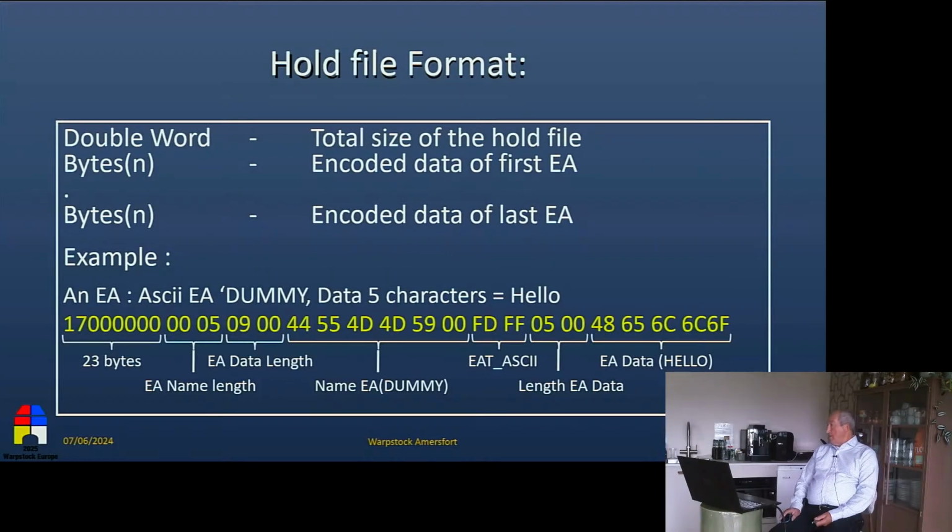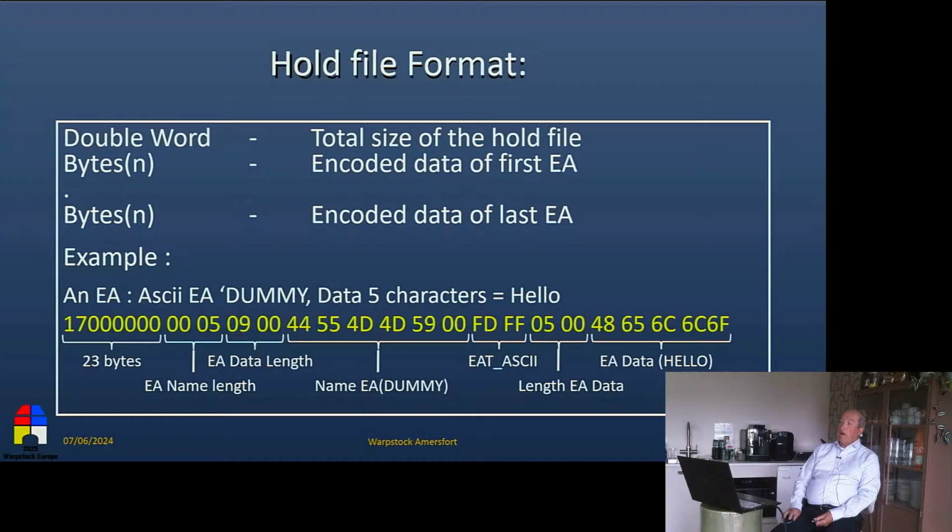The hold file has a particular format. This is a standard format. I couldn't find it documented anywhere, so the first thing I did was document it in the help file belonging to this program, mainly because then I can find back what it should be. What it is: you have a double word, which is the total size of the hold file.